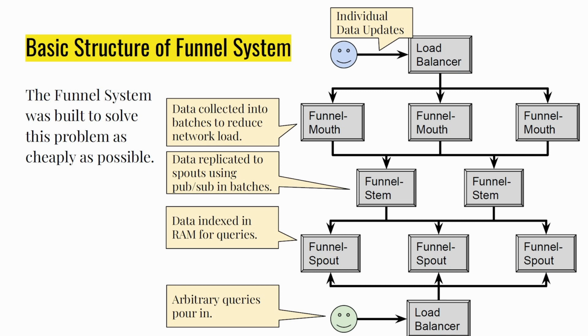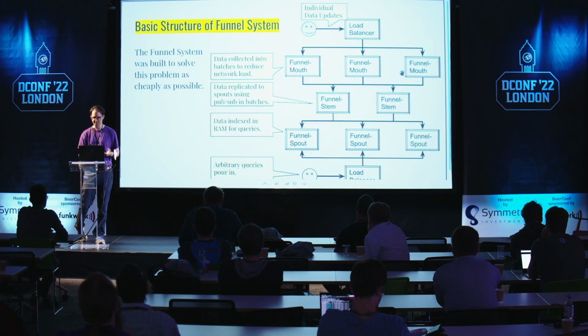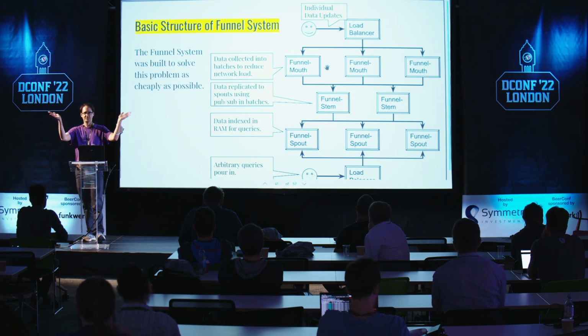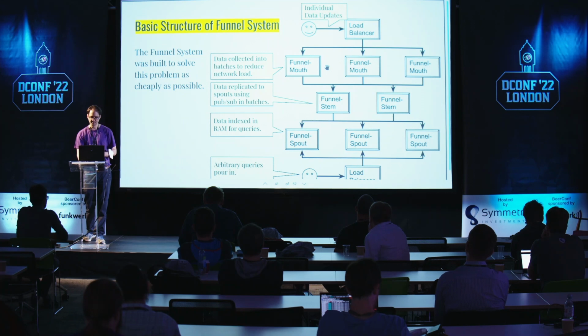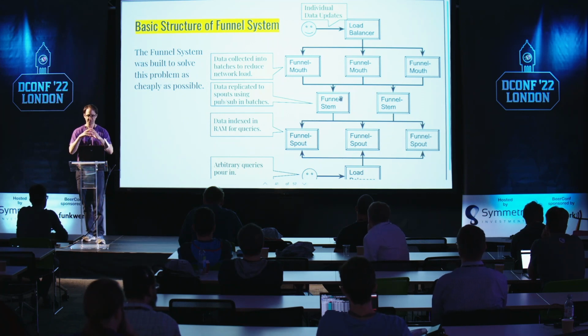So the structure is essentially built where data comes in mass, it's split through a load balancer, and there's these systems called the mouth. It's like the structure of a physical funnel. You have that cone-shaped part, the mouth, and then you have the stem, and then the spout where you read, where you actually get an output. The mouth is load balanced. It cares about having enough network connections to receive all the information,